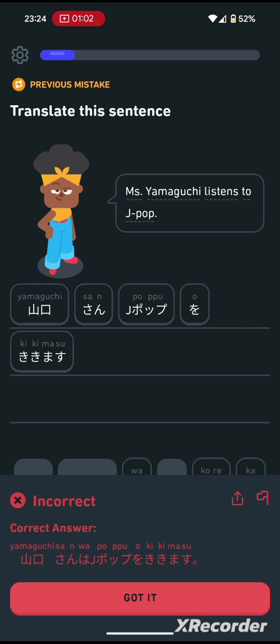But wa is. There is no "is" in the sentence. So we have Yamaguchi. We have Yamaguchi-san, which is Mrs. or Mr. Listens is Kikimas again. To is O. And J-papu, even though it's just papu. If anyone can explain where the hell wa comes into play, because this is what pisses me off about Duolingo,